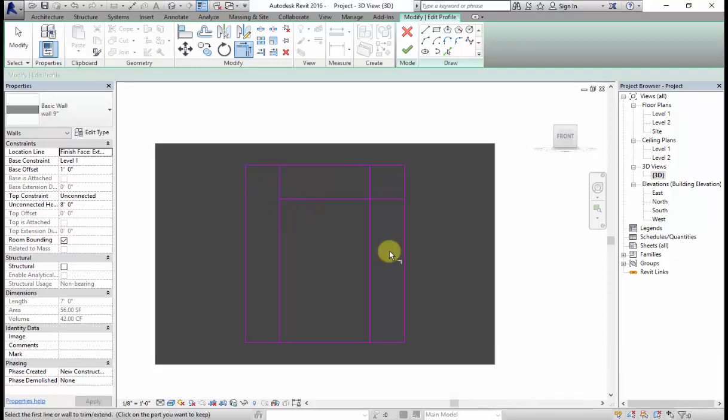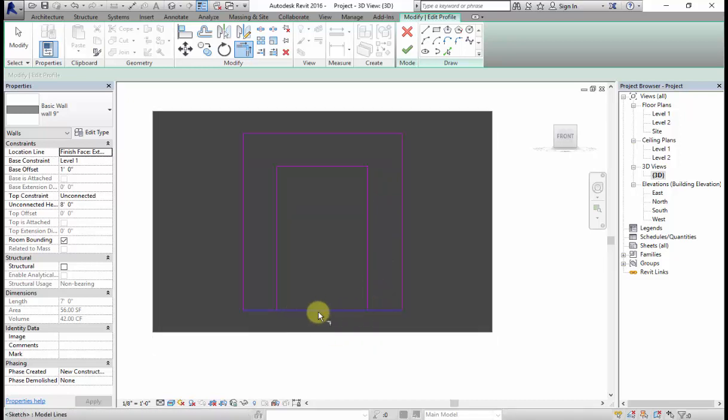Okay, so now trim these walls. This wall also I don't need. So here first I'll split it in between. Why am I splitting the wall? Because if I trim this portion, this whole wall also will go. So here now I'll select trim and I will trim it like this.